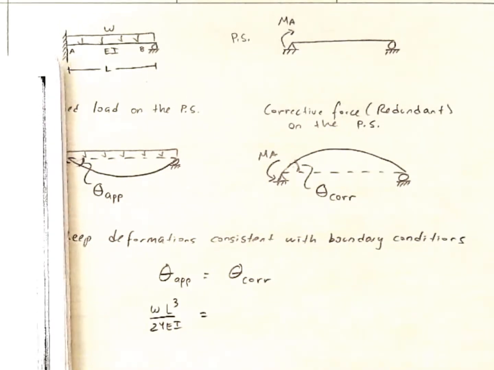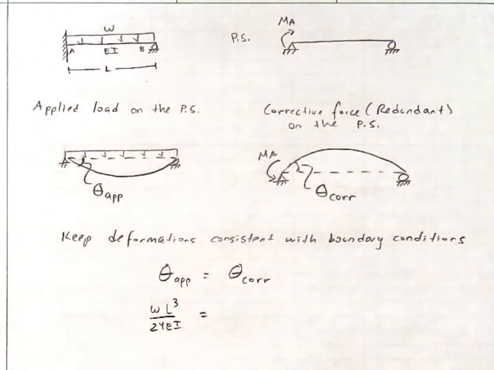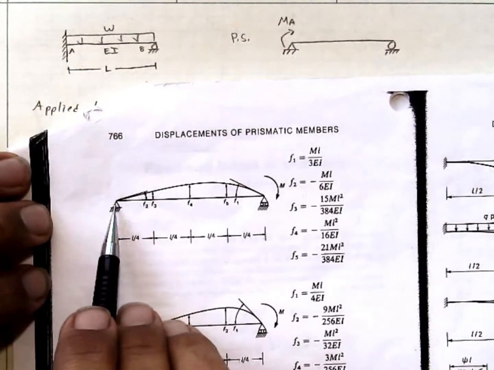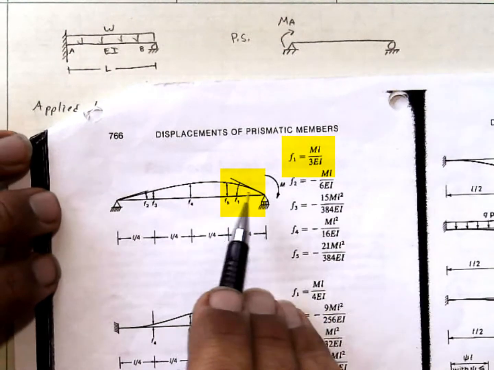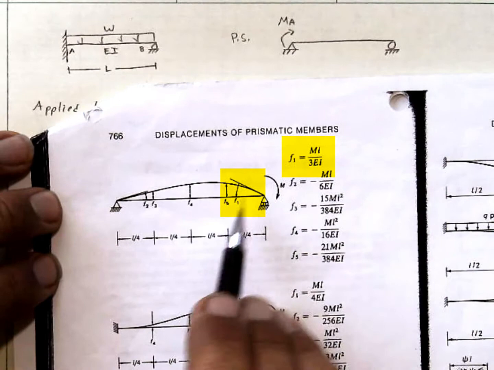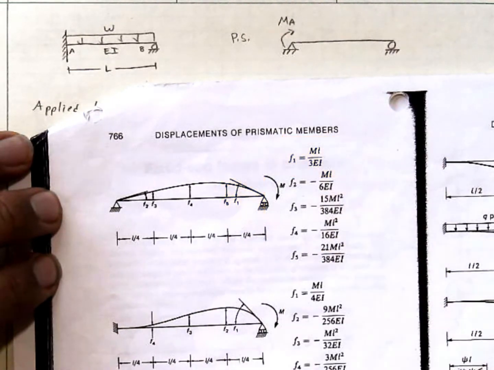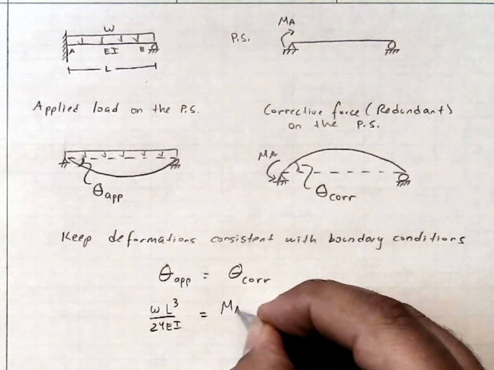This is equal to the value for a moment applied at the end of a simply supported beam. Here I have a simply supported beam, pin roller, a moment applied at the end, and I'm looking for the rotation at the end where I'm applying the moment. That's F1 right here. That's ML over 3EI. M I'm calling M_A, so M_A L